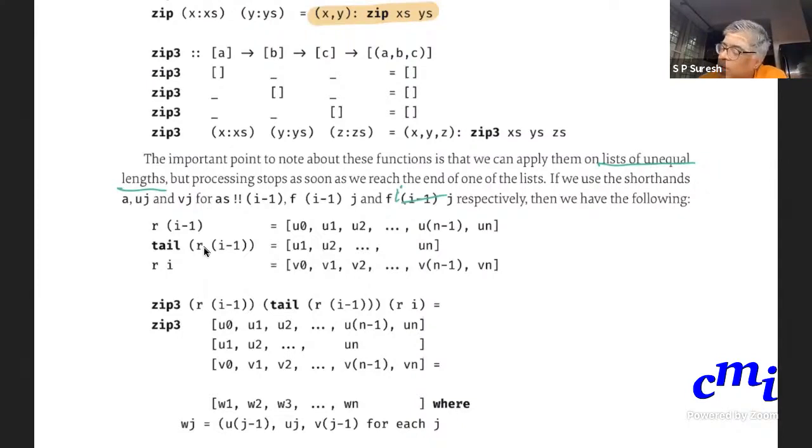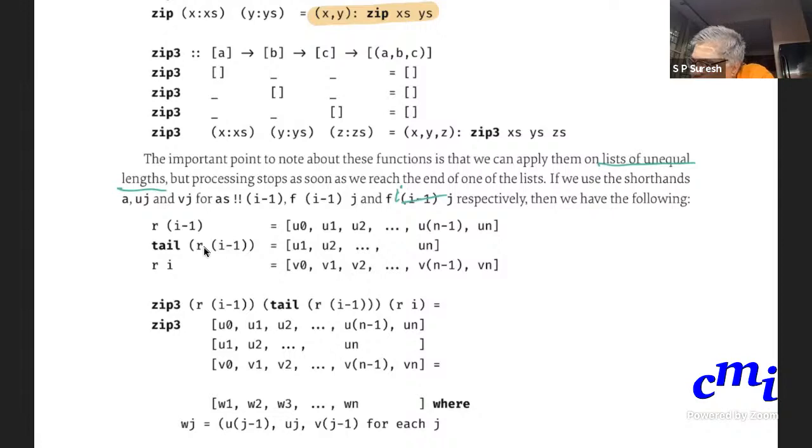So if you assume that, then Ri minus 1 is nothing but u0, u1, u2, till un. And tail of Ri minus 1 is u1, u2, u3 up to un, but I am lining them up. Finally, I am going to do a zip3 on these three things, so I am lining up the corresponding elements.